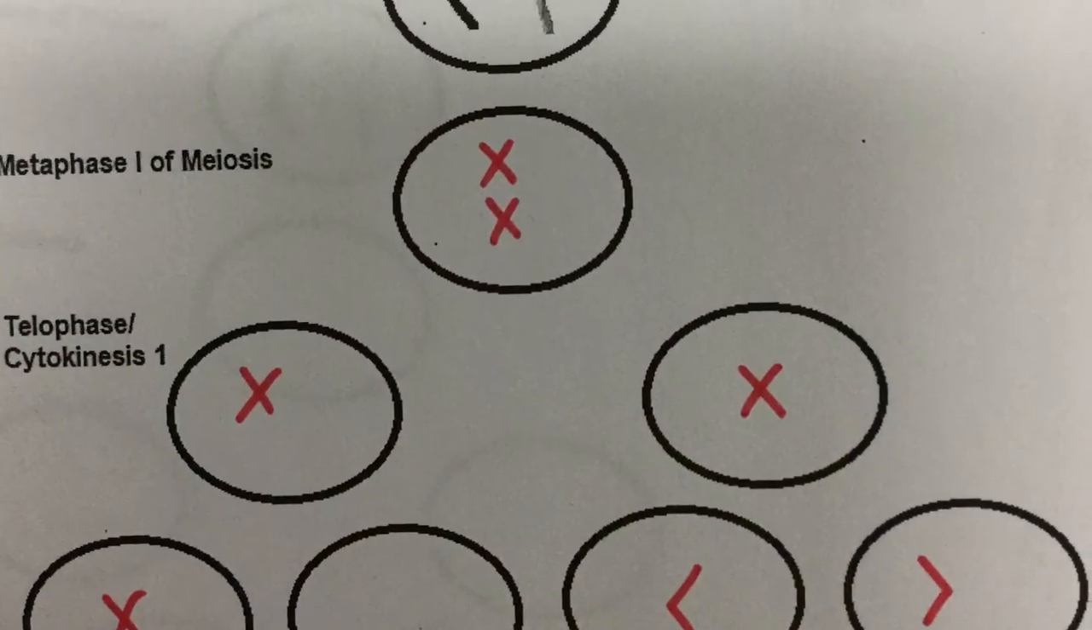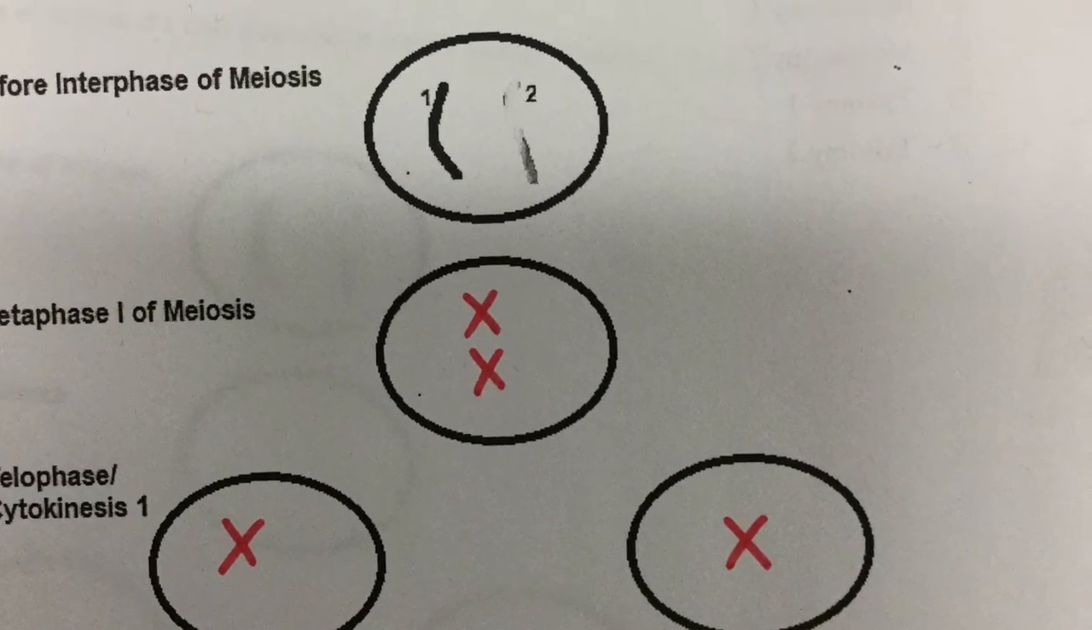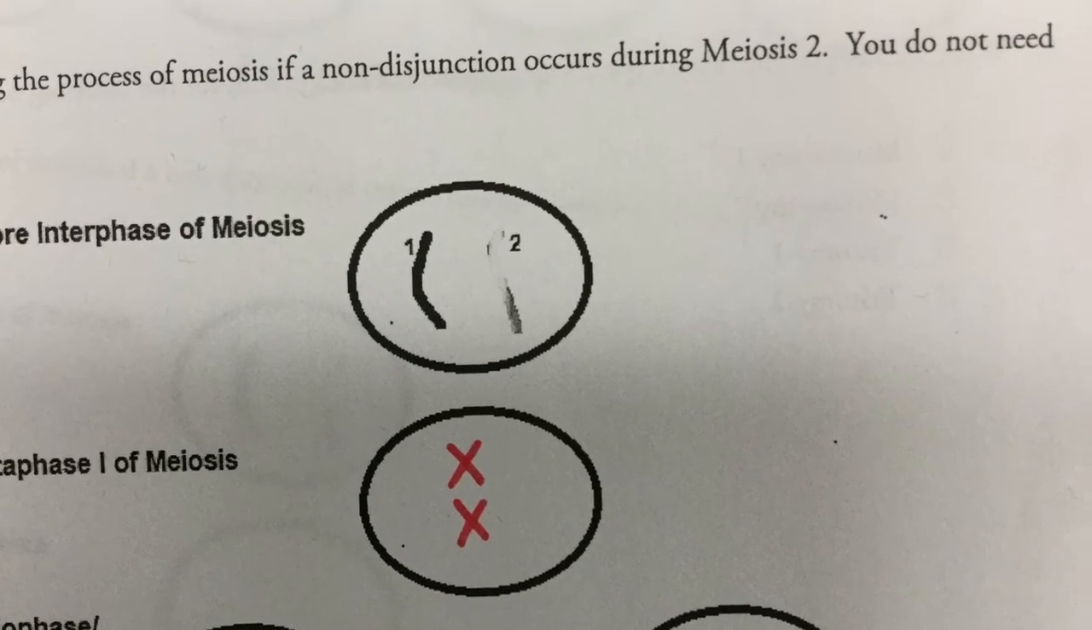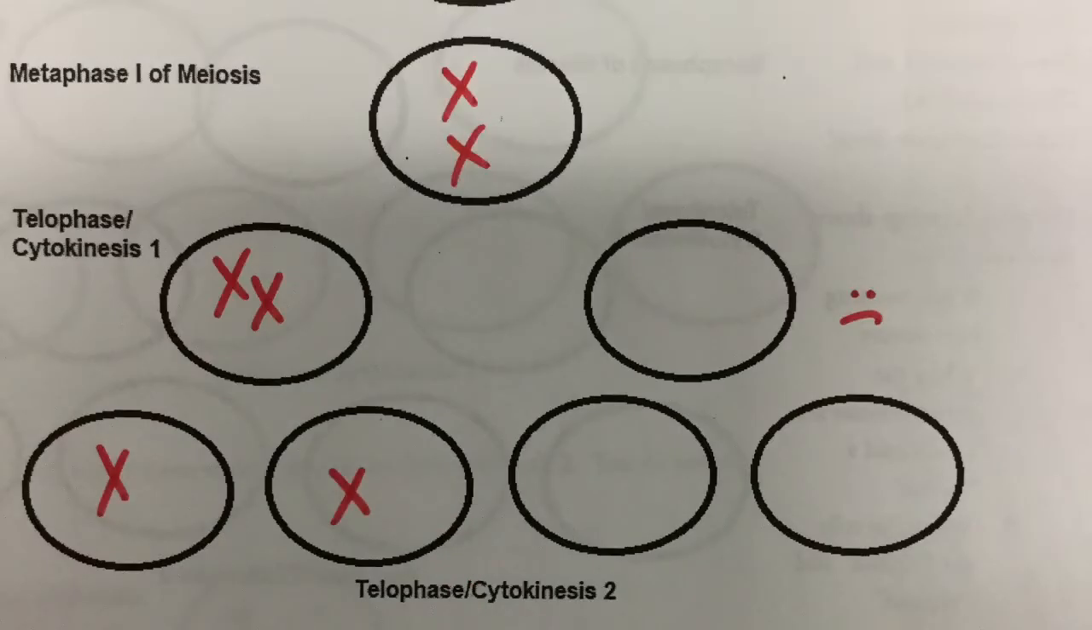All of these are caused through non-disjunction, and non-disjunction is what happens when we have chromosomes that are not equally divided either through meiosis 1 or meiosis 2. Meiosis 1 is the more serious of the 2 because it causes all of the cells to be affected. A non-disjunction during meiosis 2 would just affect some of the cells, having either an extra or not having enough